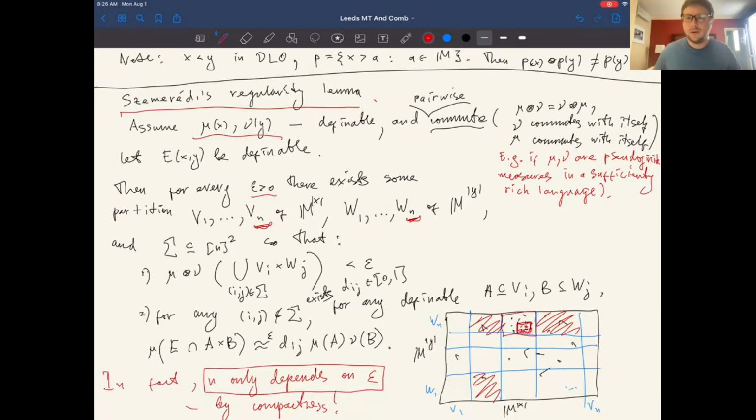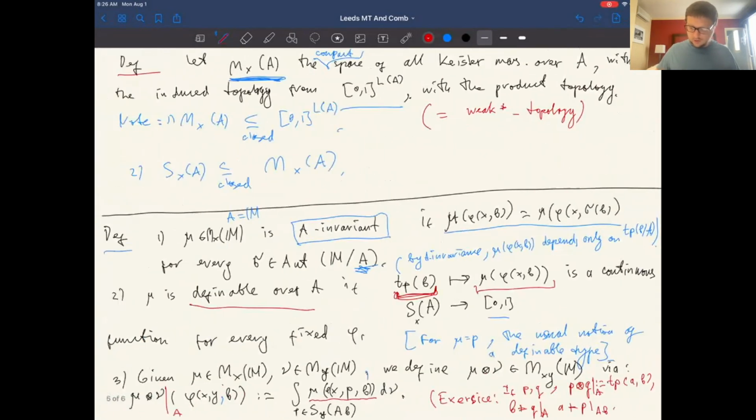Could you go back to the definition of definable measure? Yes. In the definition, you want some function to be continuous. Like in the standard definition of definable type, the condition of B being in the image of B being 1 is definable, but here it is type definable. Yes, that's exactly right. So there exists a measure where it is not definable but only type definable. Yes, that's typically what happens.